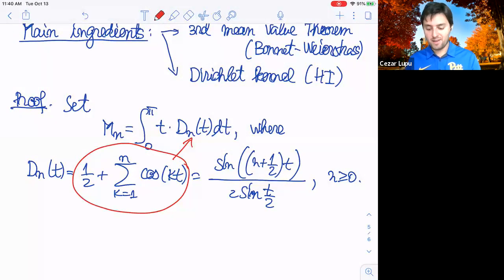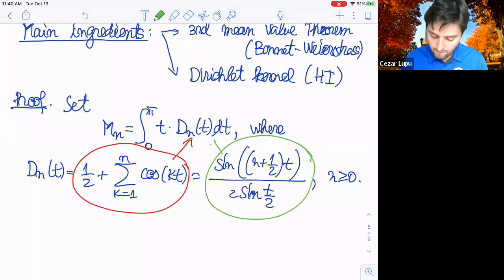And then on the other hand, I'm going to take this other one here. In fact, maybe I shouldn't use this color. I will take this other one here, I'll plug it in here, and I'll get some other expression. But with this ratio here, maybe it's a little bit harder to handle when we try to integrate, so I don't want to do that. So this is where the third mean value will come into play, so we can get rid of this. But on the first, if you look at that finite sum of cosines, this can be integrated.